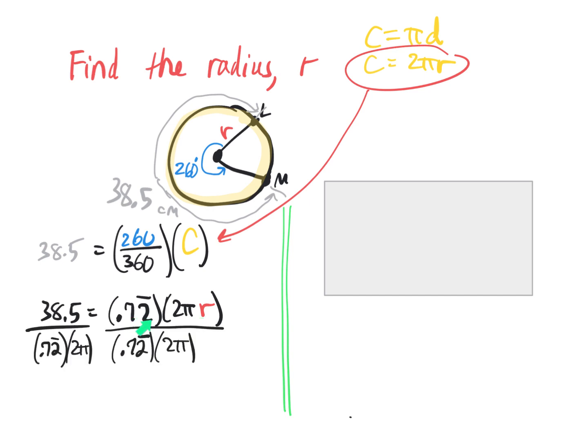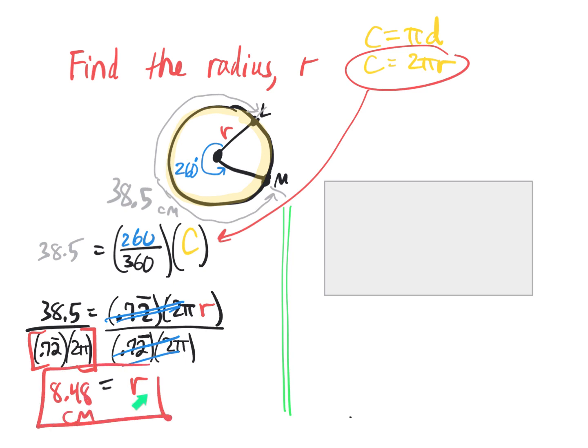Okay, so now when we divide the left side and right side by 0.72 times 2 pi, all that's left on the right is r. And on the left side, make sure you can do this in your calculator: 38.5 divided by 0.72 repeating times 2 pi. But if you do that in your calculator, I would recommend you use parentheses. And the radius is about 8.48